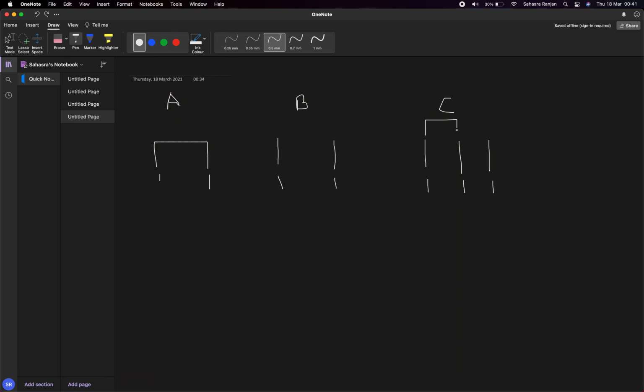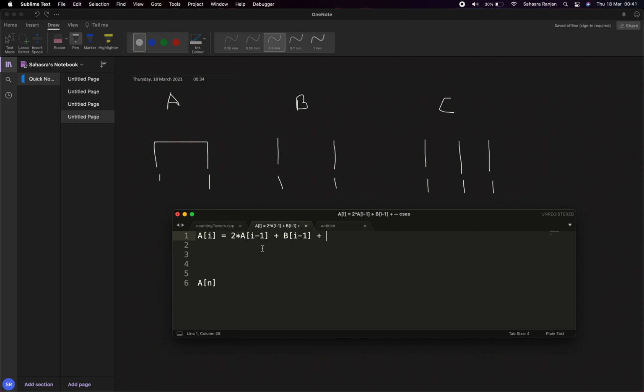So you can do this. Same for the other side, this here, and the third one is here, this. These are the three cases for C to get a block. So this will be 3 times C of i minus 1.